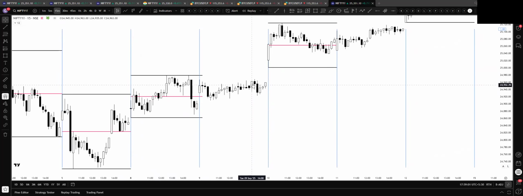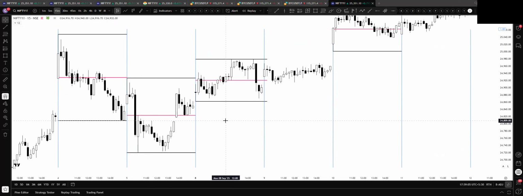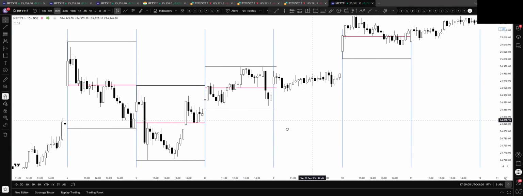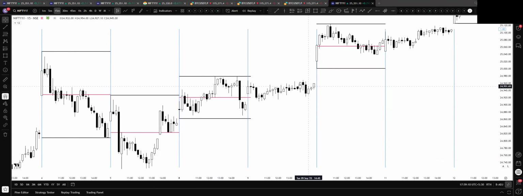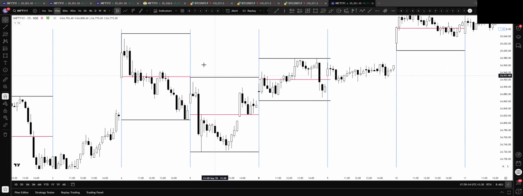Took loss, but as soon as it opened with another gap outside it, I neglected this one. So I wasn't looking to target. Once we have opened with a gap outside this range, I have skipped this level. So again,